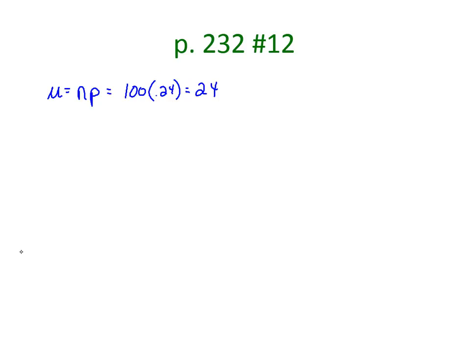How about my standard deviation? So we're taking the square root of npq, where we said n is 100, p is 0.24. What is q? q is the chances of failure, so 0.76. So if you multiply those together and take the square root of it,